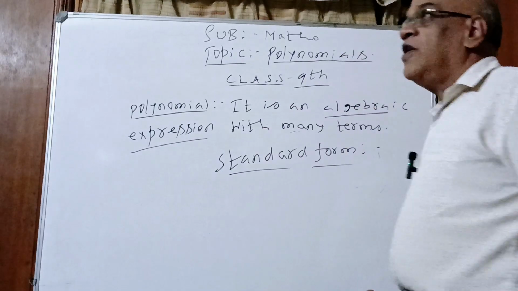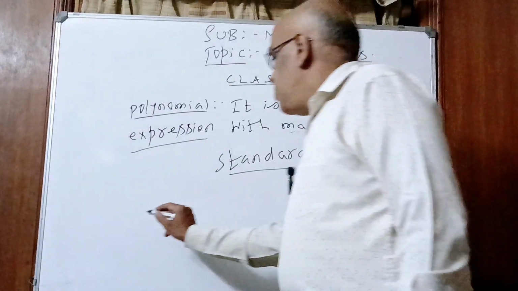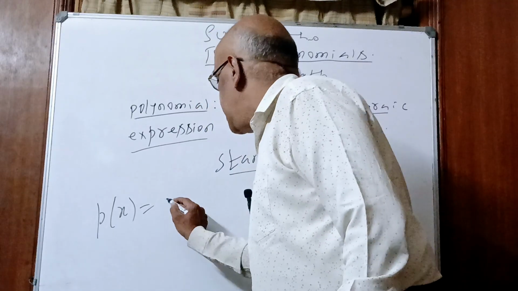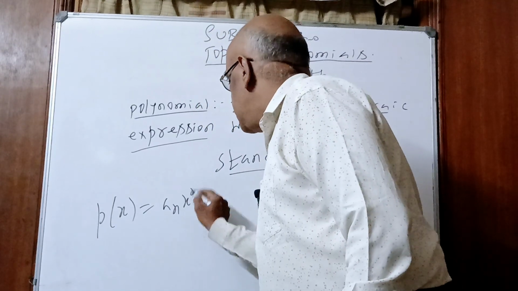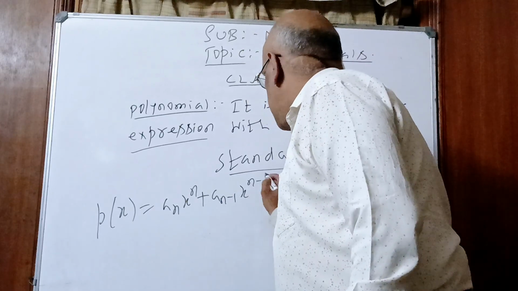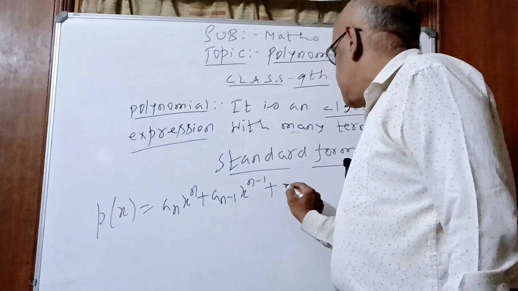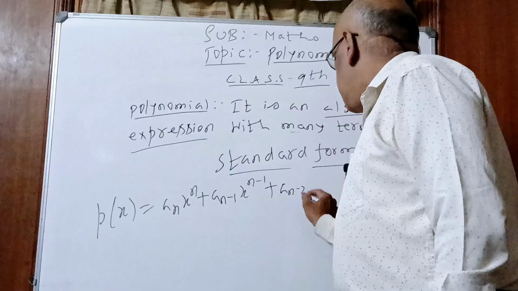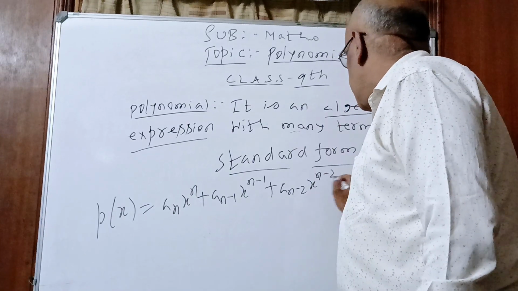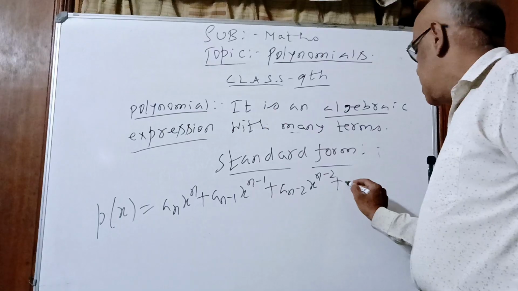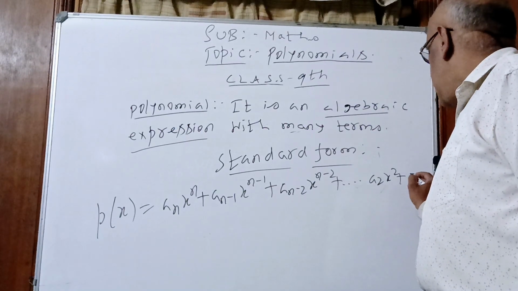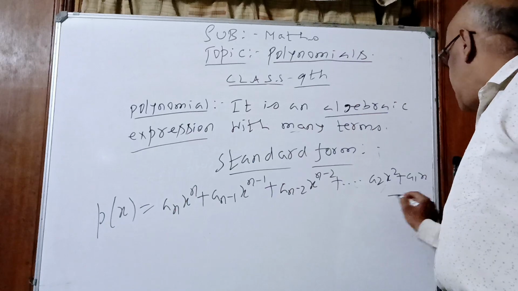What is the standard form of a polynomial? A polynomial in x; P of x means polynomial in x. a_n x to the power of n plus a_(n minus 1) x to the power of n minus 1 plus a_(n minus 2) x to the power of n minus 2 plus, what happens, children? a_2 x square plus a_1 x plus